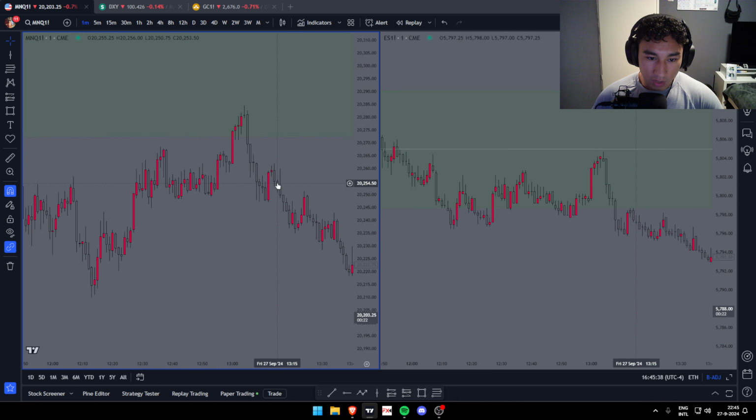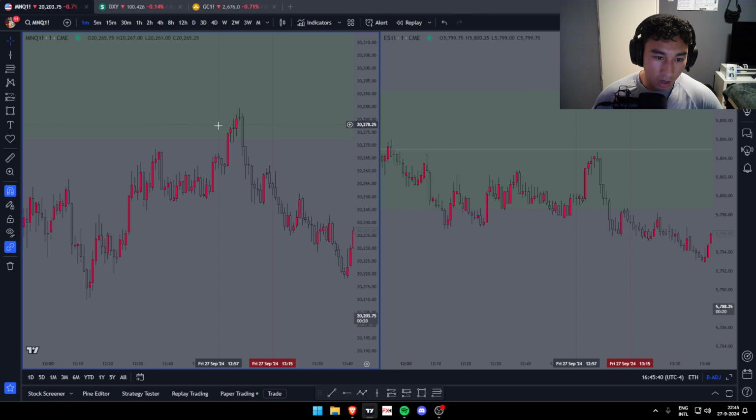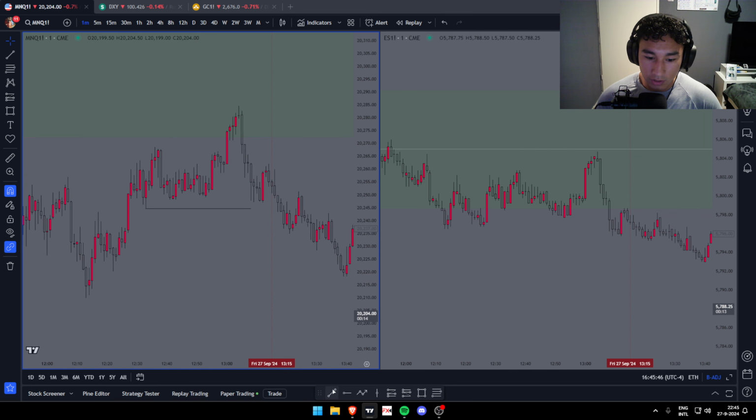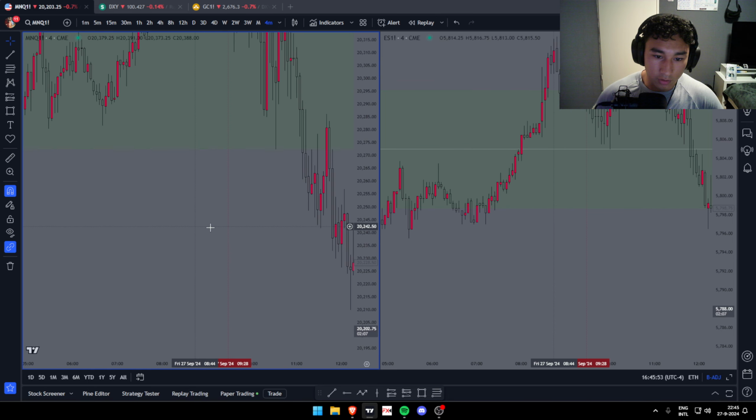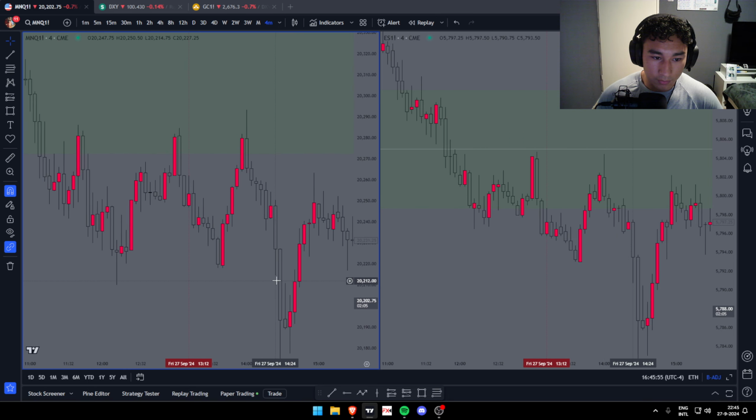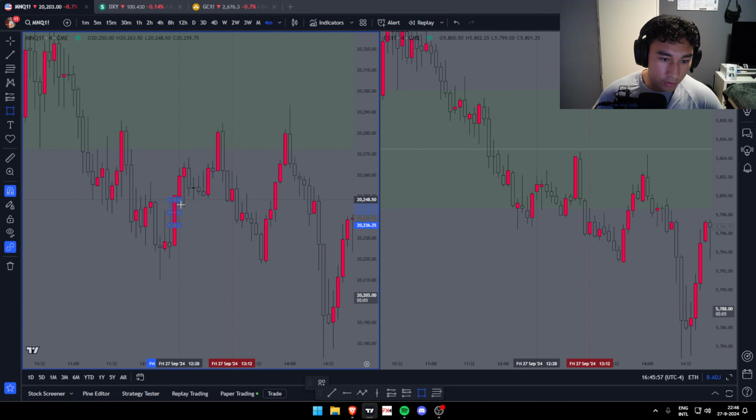So we open at 13:15 on this candle. I look at this range here. I see that these are really like smooth edges. You could see these, like all these equal lows put in. And then not really the same on ES, but we do have these lows here. So I thought, okay, if we just go here, which is on the 4 minutes, which was the single refugee here.